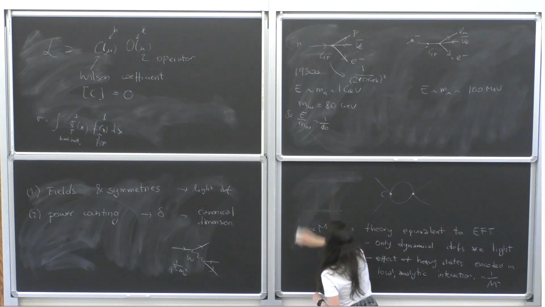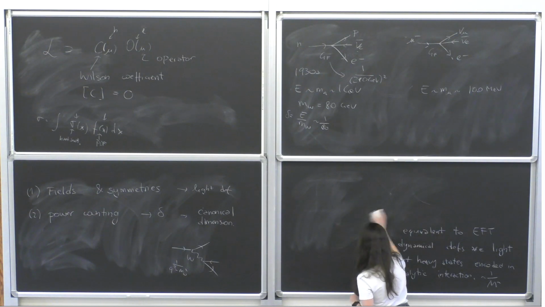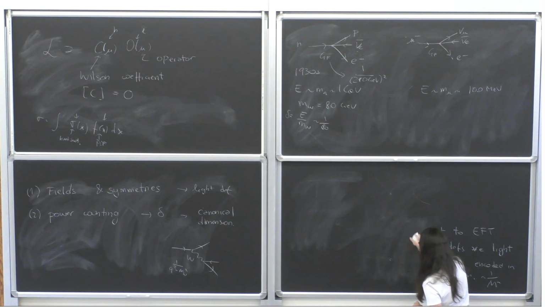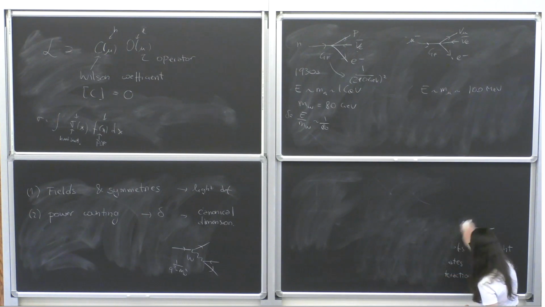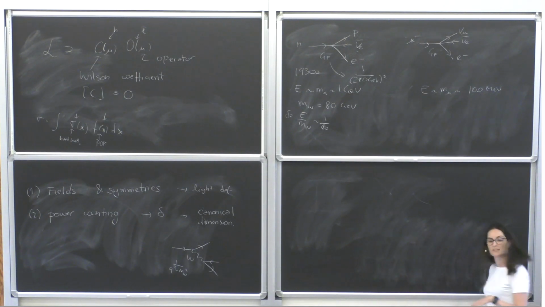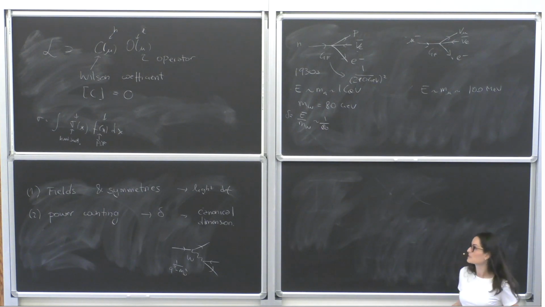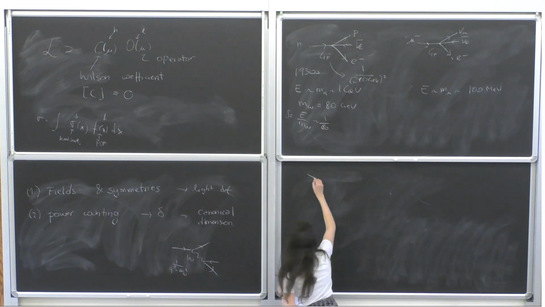Okay, so putting together the things that we have said, we want to apply this reasoning to the standard model. This is the thing that is interesting right now. So we want our light degrees of freedom to be those of the standard model, so all the SU(2) doublets, triplets, and things that you have just seen. We want the symmetries to be those in the standard model. So specifically,